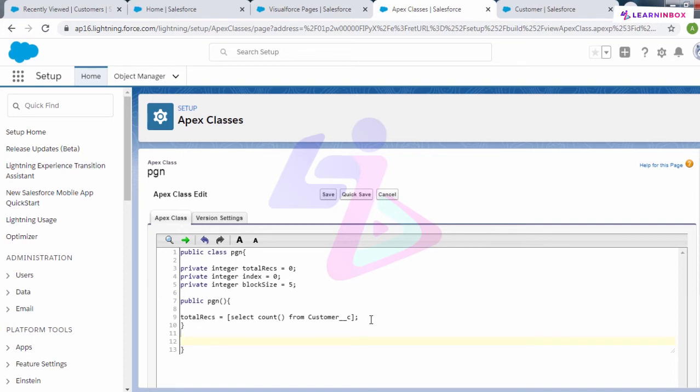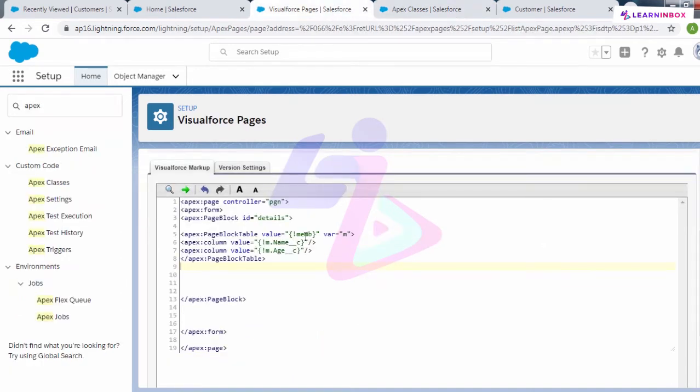For that, I'll specify a public list, and my customer API name, get MEMB. If you remember, we have used MEMB in the value inside my page block table tag.